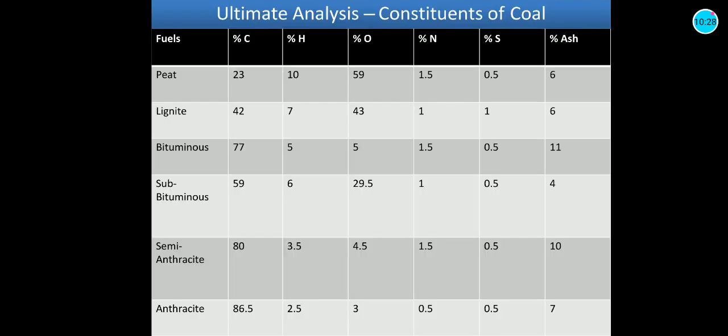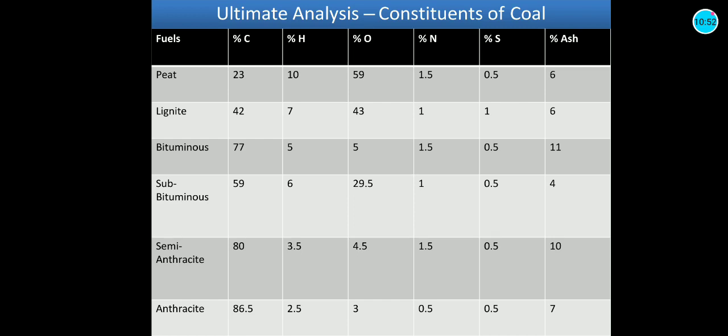Then this is the chart of ultimate analysis constituent of coal. Peat content: percentage of carbon is 23, percentage of hydrogen is 10, percentage of oxygen is 59, percentage of nitrogen is 1.5, percentage of sulfur is 0.5, then percentage of ash content